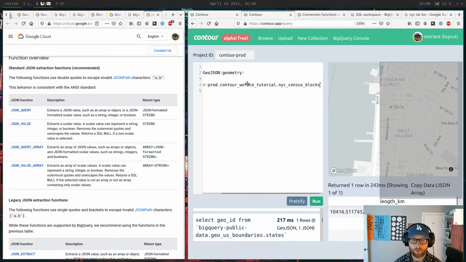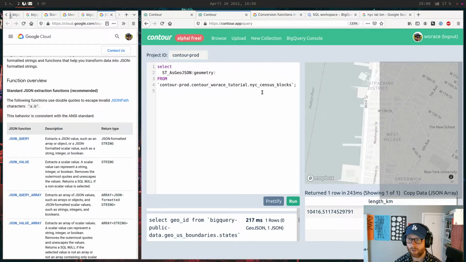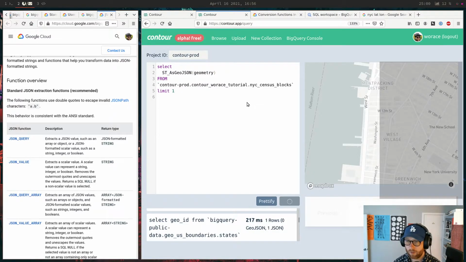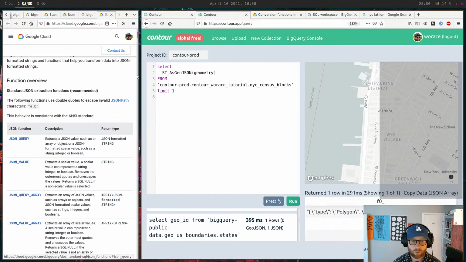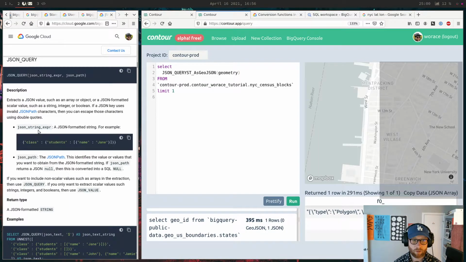I wish I could fit more of this on the screen somehow, but limit 1. Okay, JSON query.